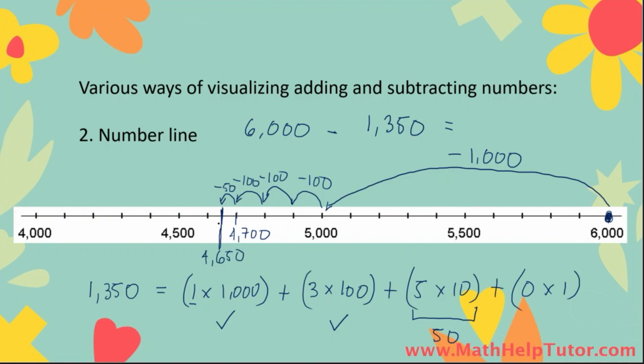4,650. Now we subtract the ones, but there are no ones in our number that we're subtracting. So we are also done with that. And now we have solved this problem. The answer to 6,000 minus 1,350 is